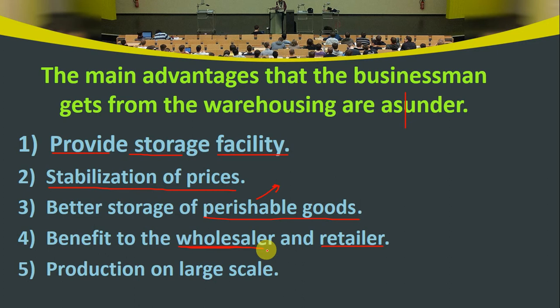So next we have is production on large scale. Now what do you mean by production on large scale? Also called mass production. The warehousing has greatly helped in the widening of the area of market. Technological advances have now made it possible to produce goods on the large scale. The surplus production can now be safely, easily, and at lesser cost preserved in warehouses. These then can be sold in local and overseas market at favorable prices.